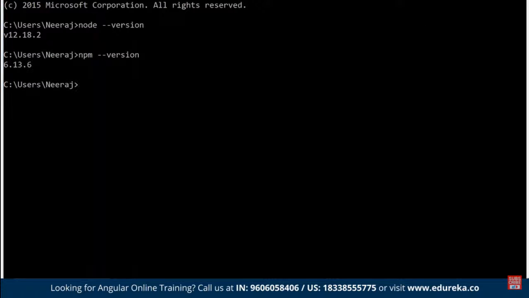So now to work with, first of all, to install the Angular package, we are going to make use of npm. We are going to see how exactly we can download the Angular CLI. For that, we have to use the npm package manager, and then we are going to see how